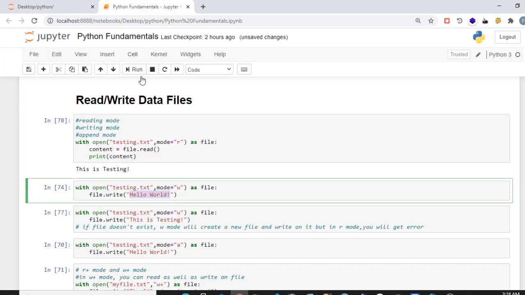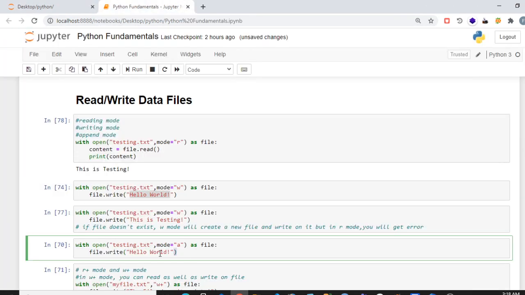To append anything to the file, you have to use a mode. Again, with, space, open, name of the file, then mode equals a for append, as file, then file dot write. So this will append data to the file.